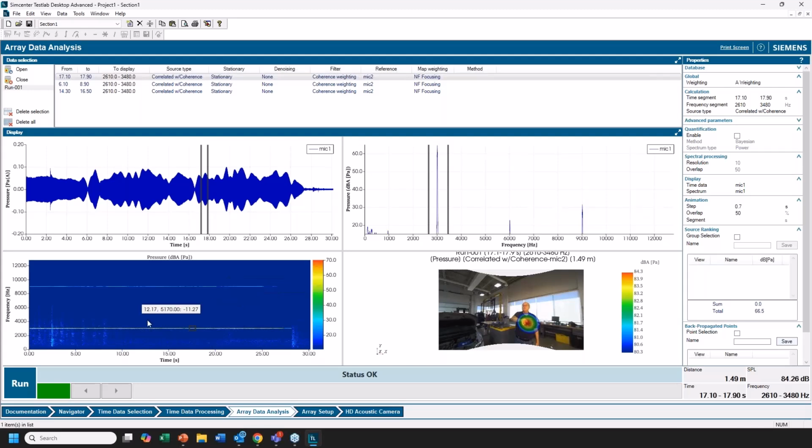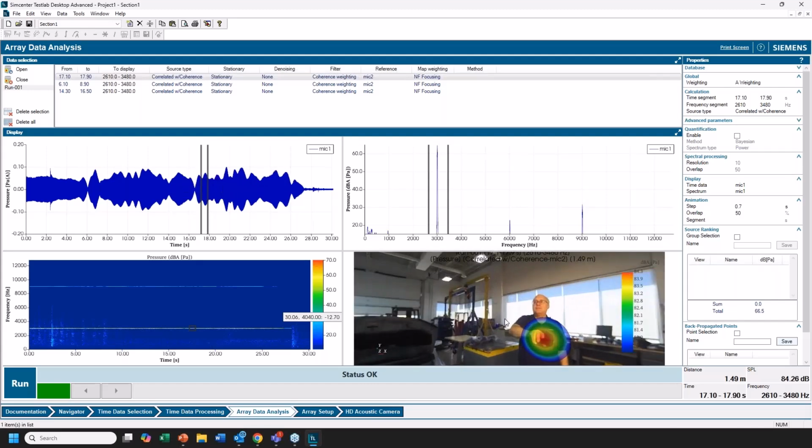And then down in the bottom left, we have a color map that shows the frequency and time, using color to give an amplitude of the frequency over time. I can pick the time and frequency that I want to determine a noise event, and then I get the source localization. Right now we have 3000 hertz highlighted at this moment in time, and you can see where this phone is relative to the noise.